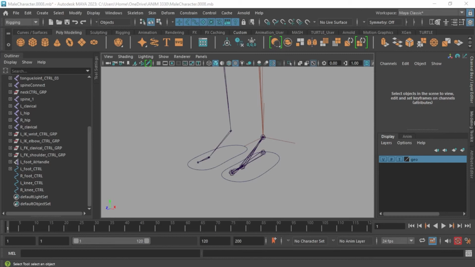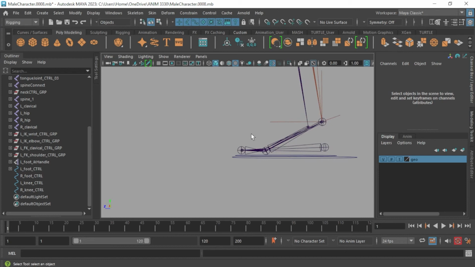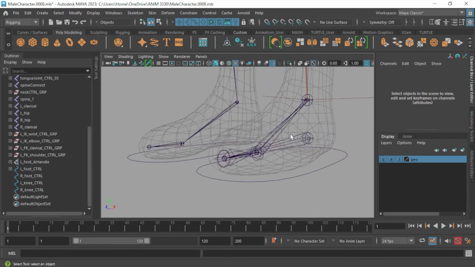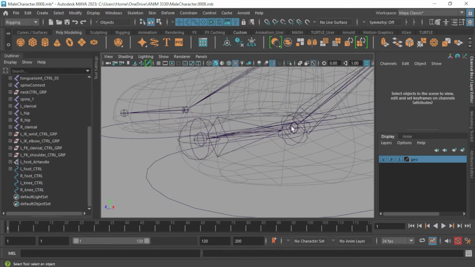All right, so we want to add in a little bit of toe curl where we can actually curl our toe downwards. If I show my character, curl the toe downwards or curl the toe upwards. And we could do that by using this reverse foot rig. It's a little tricky and there's some issues that we run into, but I'm going to show you how to fix those up. So first thing that we need to do is create a single chain IK handle from our